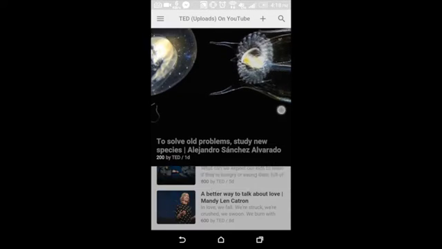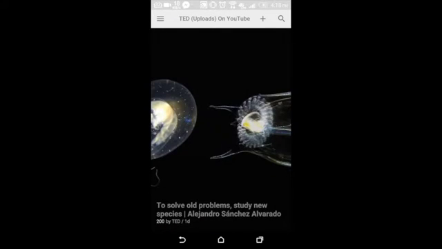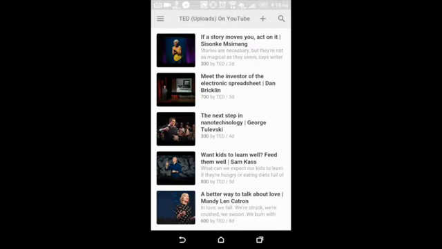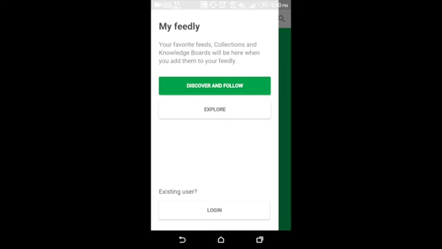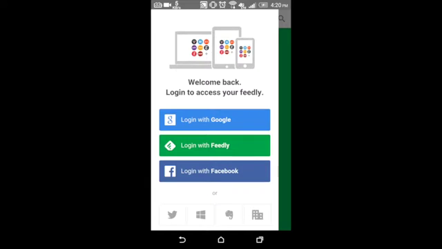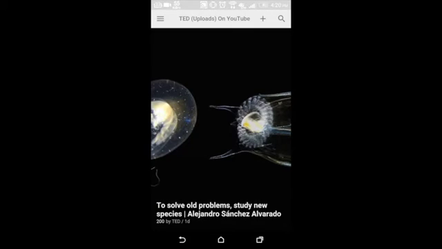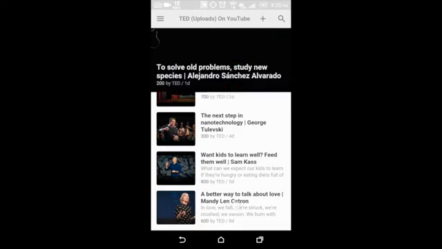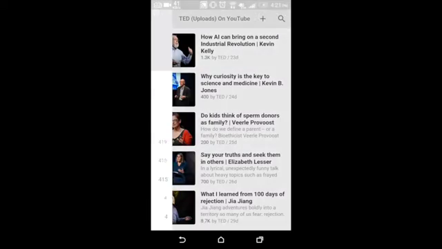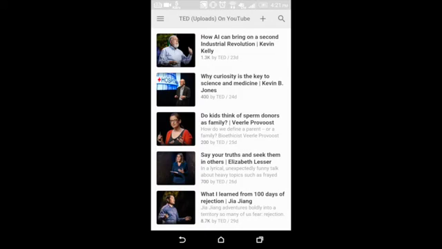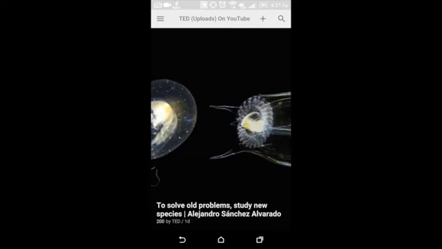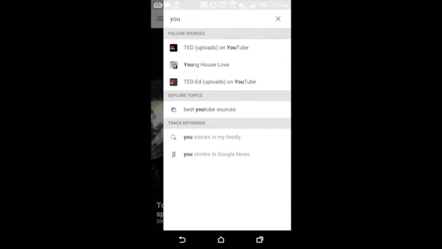to Feedly. So if I scroll up, you can see all I did was scroll up, and now it shows me everything. I'm an existing user, I already have logged in using my Facebook account, so I'll just log in using Facebook because I'm already using Feedly via Facebook. And now I'm logged in. You can see here I am logged in, and this was the last search content that I did. It saved it for me, and there it is.